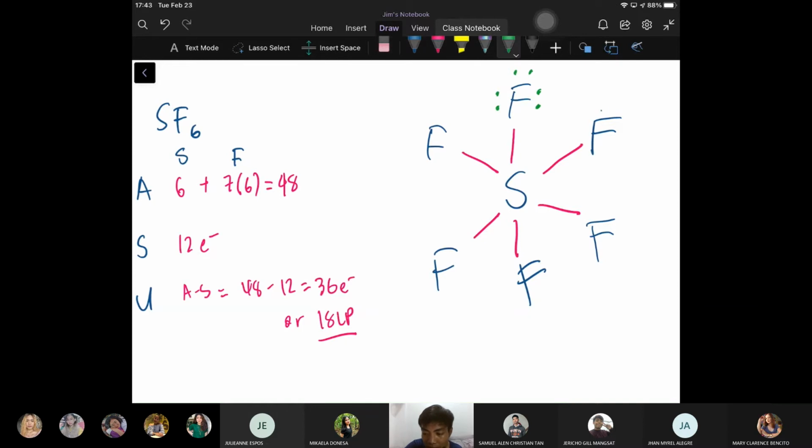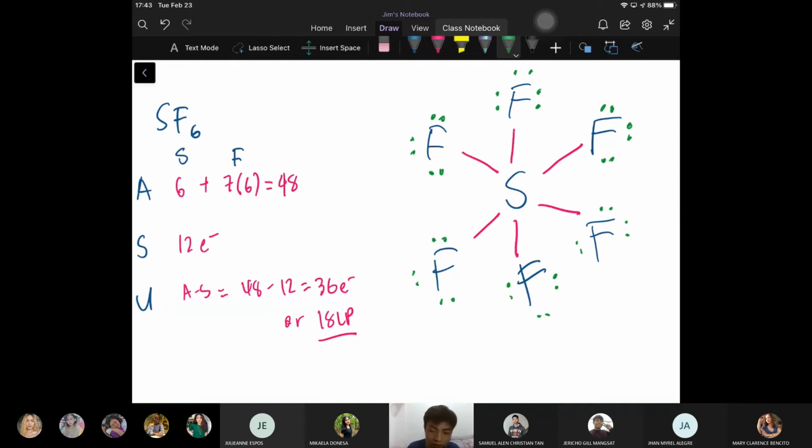Lalagay ako ng 3 lone pairs dito, dito, dito, and dito. Pati ito. Okay, so ayan. So tigtatatlo na lone pair for each terminal atom so that all of them will follow the